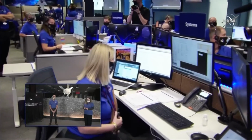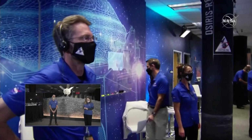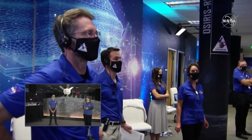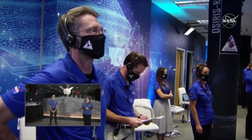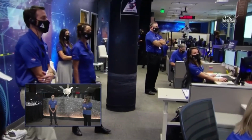Everybody seems happy. Yeah. So I guess there were obviously a lot of firsts in this mission, and there was a time when you said a lot of what ifs, basically. What if we could actually send a spacecraft to an asteroid? What if we really could bring back a sample of the solar system from billions of years ago? Do you remember where you were when those what ifs